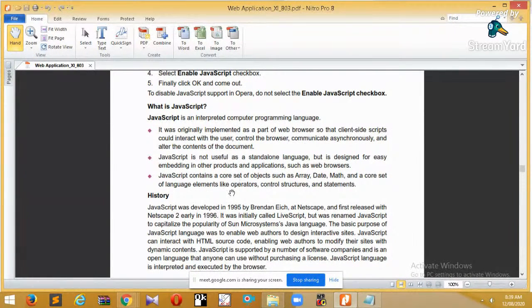Operator, we have already started discussion, just like arithmetic operators: plus, minus, addition, multiply, division. This kind of operator. Control structure, we have not seen, but within a very short time we'll see it. Control structure means the different logical operations, that if we want to give some condition, that also we can do using JavaScript. That means all the features of any core programming language are present inside JavaScript, except